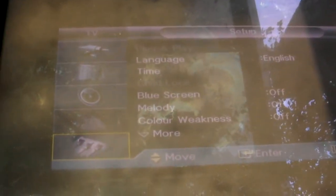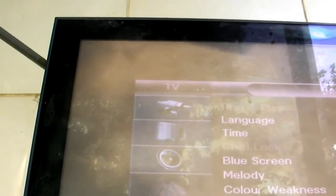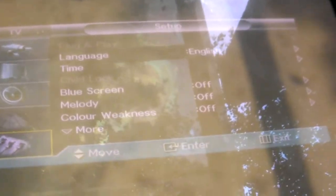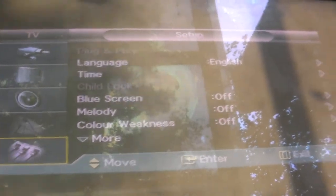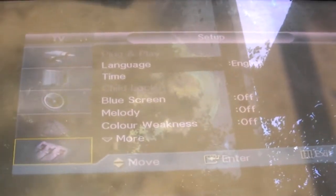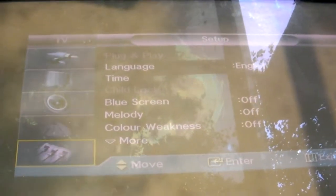So I guess what I'll do is I'll go ahead and clean this screen up, remove all this old anti-glare or whatever that is, and see if I can get the surface of the TV nice and smooth, and then figure out what to do with it, because it's working. And a plasma TV is awfully nice to have if you're watching movies. Now you can watch YouTube on this thing all day long,